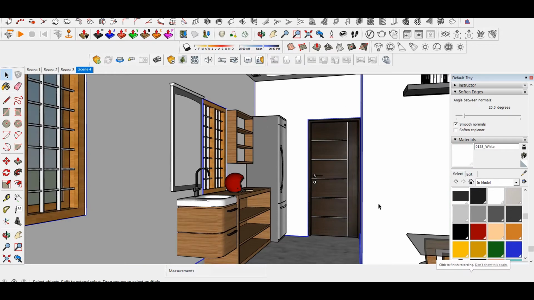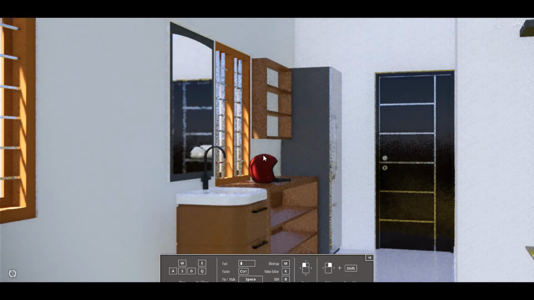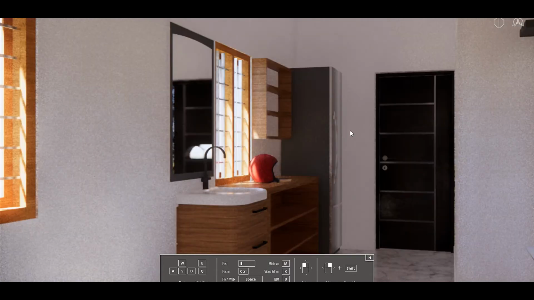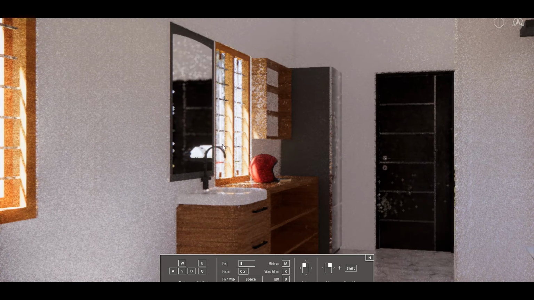To start Enscape, we need to click here, then it will load like this. So Enscape is a real-time rendering software where you can see sunrise coming through the window.